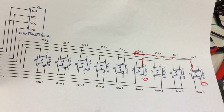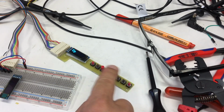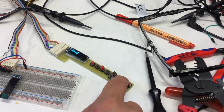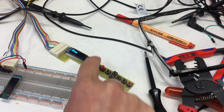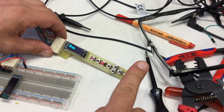So let's check for that. It was one trace of these. You saw them. They are not very nice, but now we got store, read, write, down, up, left, stop, pause, run. A whole user interface. And yeah,